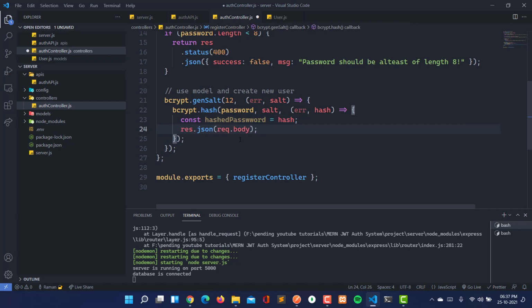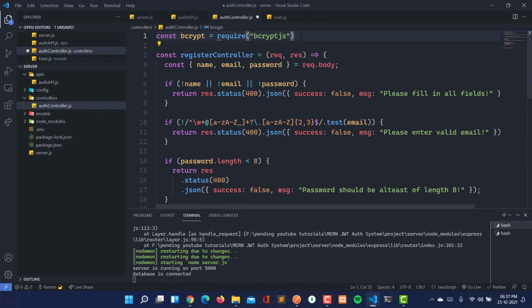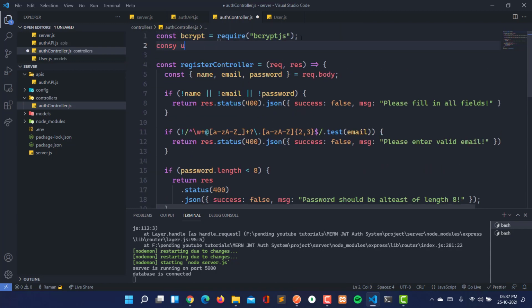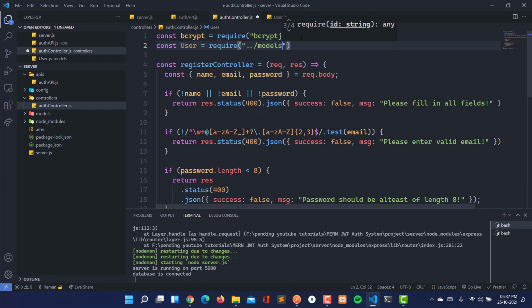Now just send this body. So first of all, let's import the user model here. So let's import User, it is capital, require, so it is one level above the folder, there is models, and under the models there is the user model.